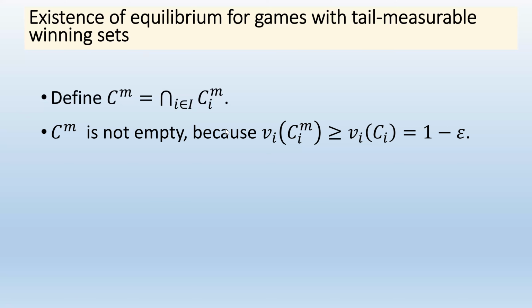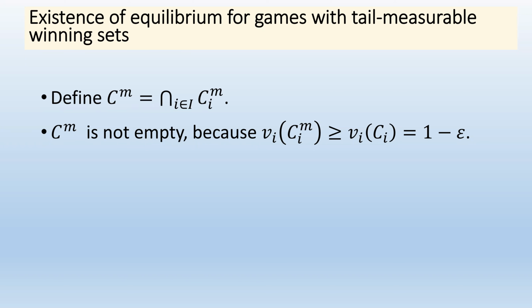Sorry, I have a question. Probably I didn't quite understand the definition of CIM. Maybe I restate what you explained to us, so that you can spot what is confusing to me. As I understood, if in the set Ci there is any play, because the set Ci is supposed to be tail measurable, then if I look at any run there and I look at the first M actions of it, and change them to anything, then I will stay in the set.